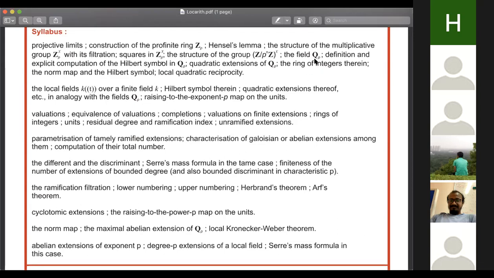Then we'll come to the field QP, which is just the field of fractions of this ring ZP. And then we will come to this thing called the Hilbert symbol in QP. So all this, the Hilbert symbol and everything, solves the following problem. Suppose you are given a field K, and